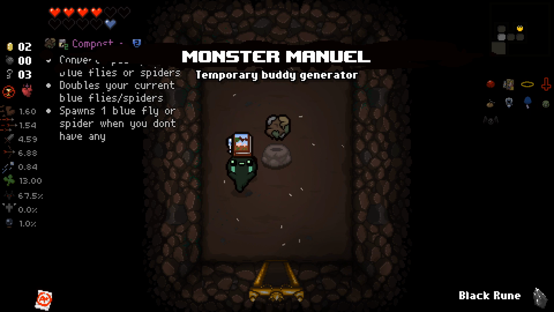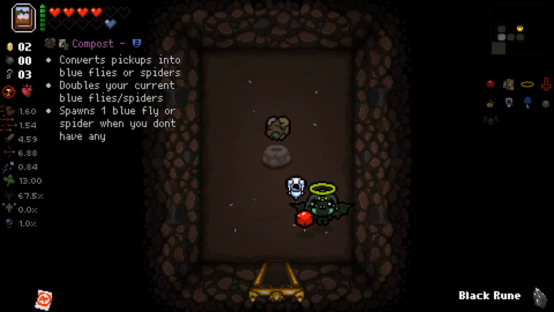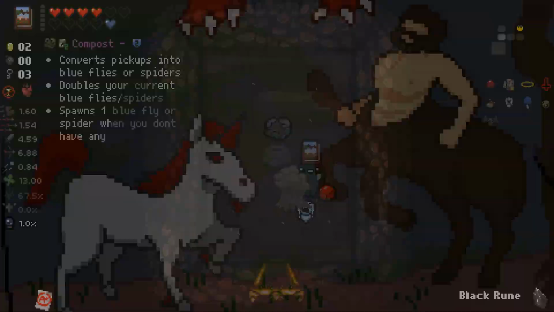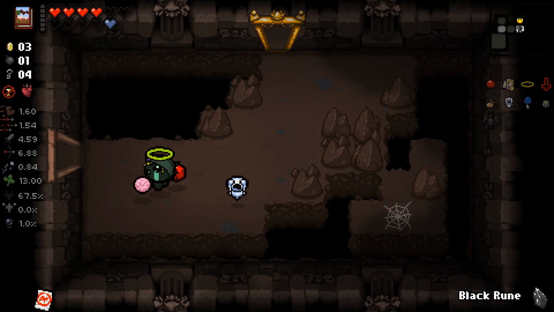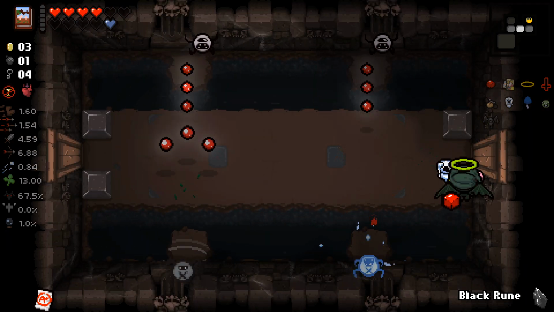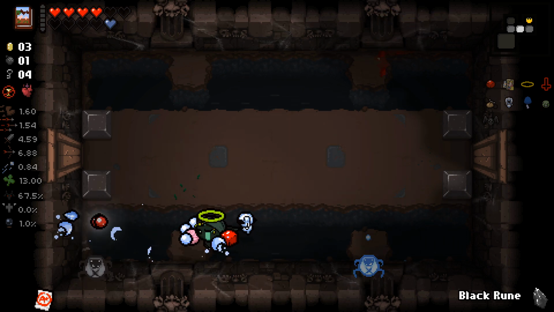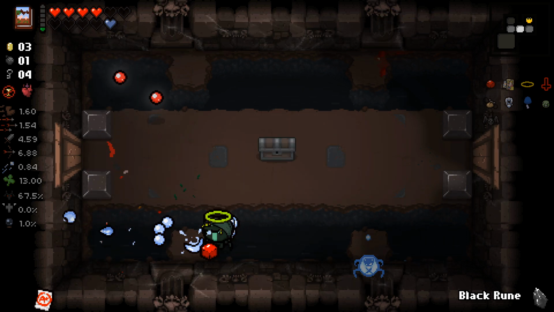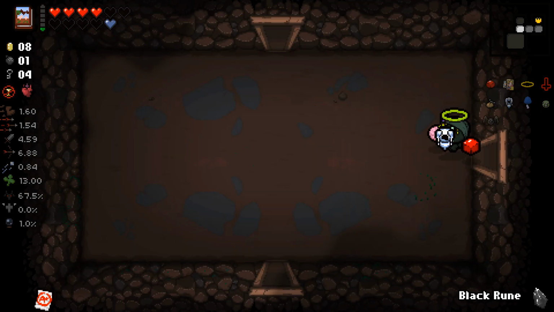I did say I wanted to skip the whole thing. What does this actually do? Converts pickups into blah blah blah and doubles your blah, but I don't really have... I think I'd rather have the monster manual at this point, honestly. It did kind of put us in the wrong direction. Probably should have just gone for the red teleporter, but yeah, that's fair enough. Yeah, I don't know. I guess there's just not really that many items they could have added to this, and then fair enough, I suppose, that they replaced it all with...